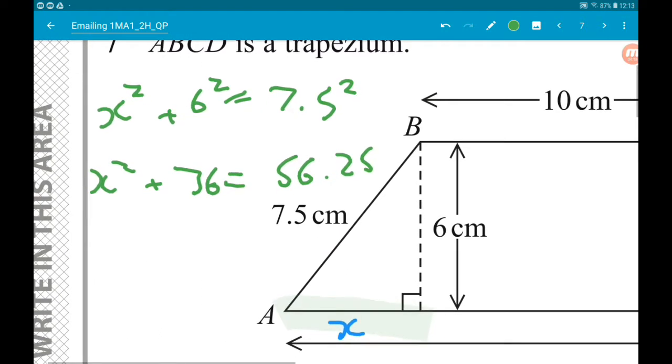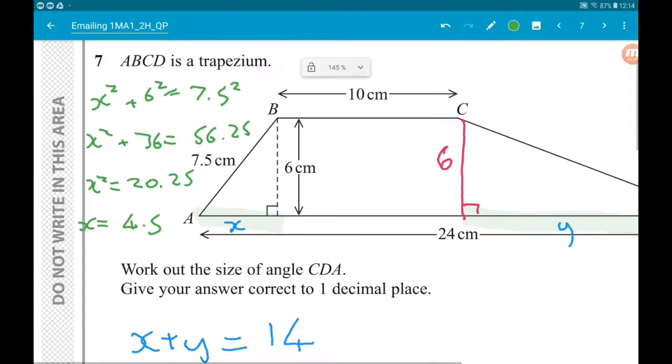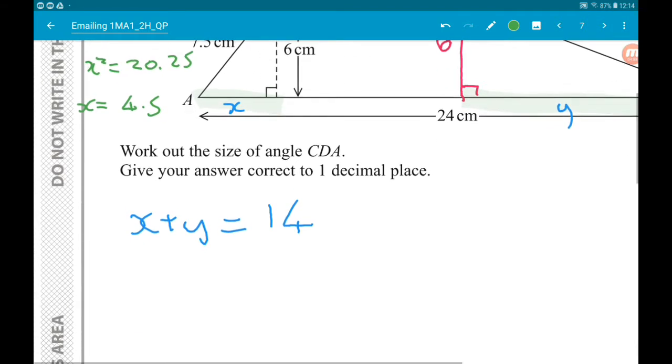Therefore then, x squared is equal to 20.25. Now if we square root that, x is equal to 4.5. Okay, so from that we now know the value of x. So we now know that